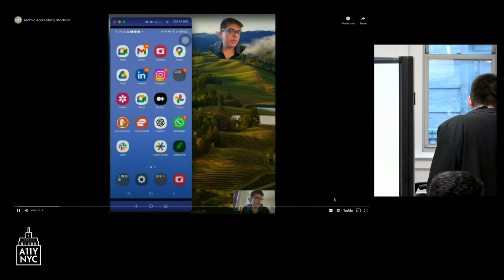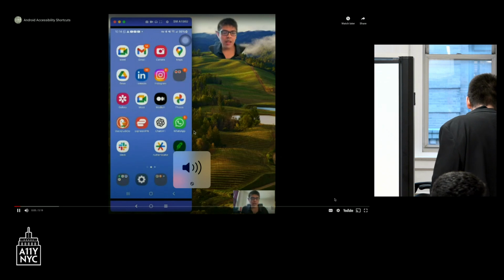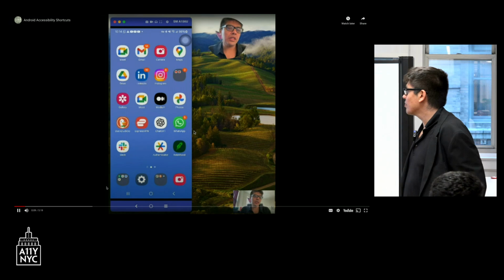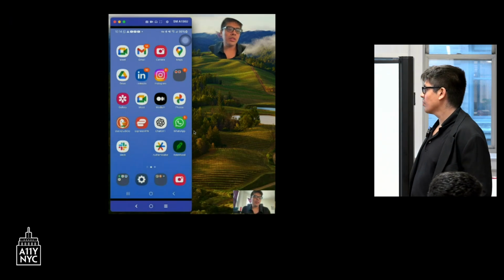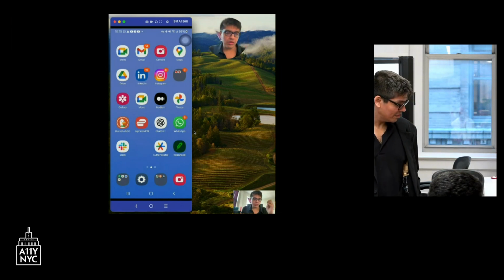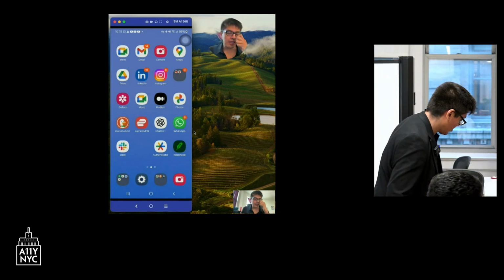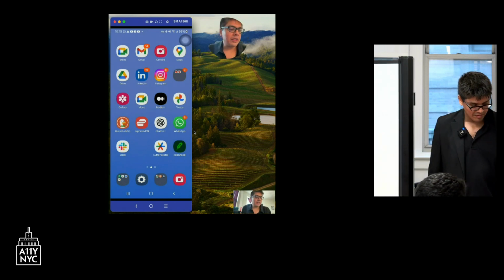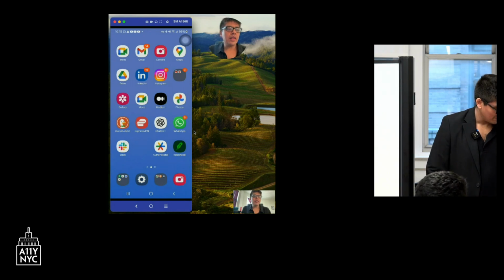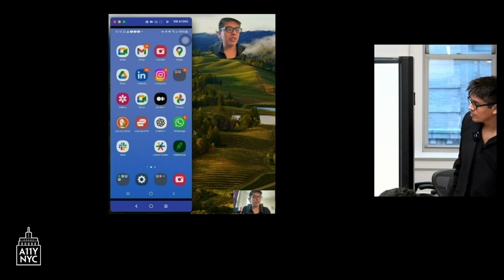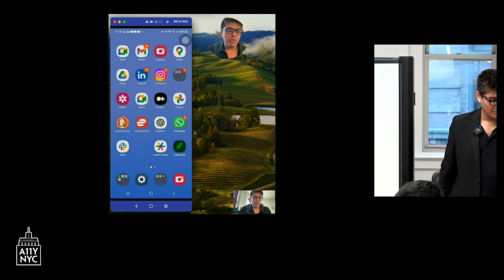I'm going to show you how to do two things. I'm going to show you how to use the accessibility buttons and set up accessibility shortcuts on the home screen of your Android device. These are important because they allow you to have quick access to accessibility features without having to go through the settings menu, which is a multi-step initial process, and it makes life easier for anybody who needs to access and turn on their accessibility features very quickly.